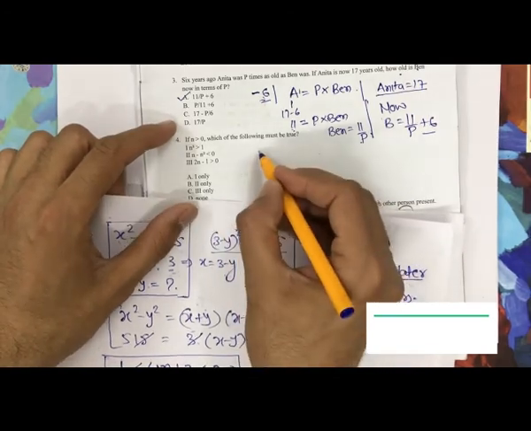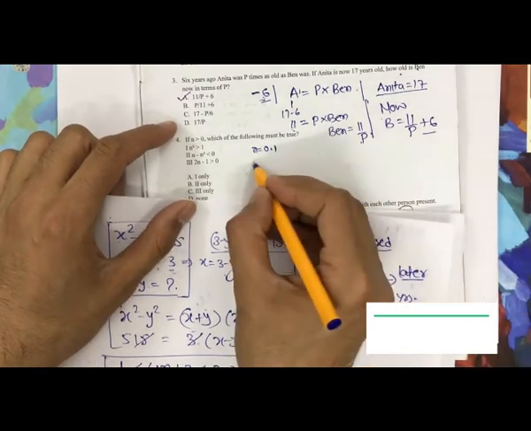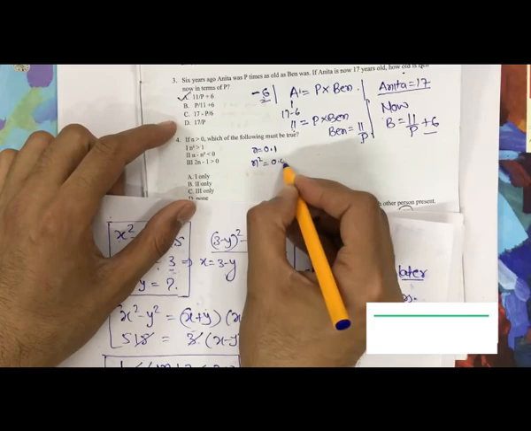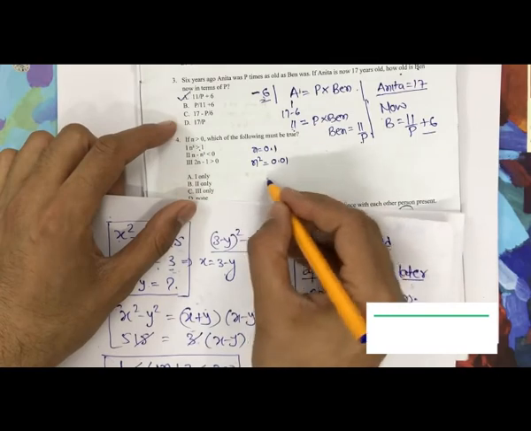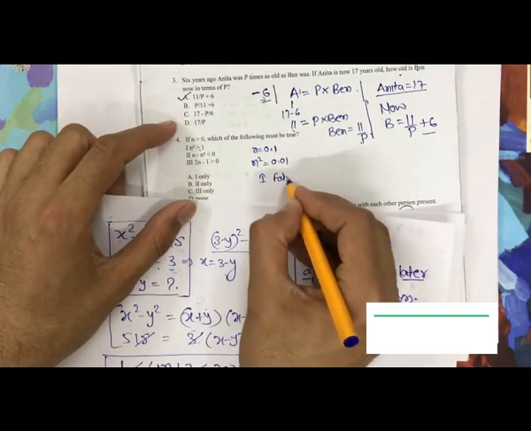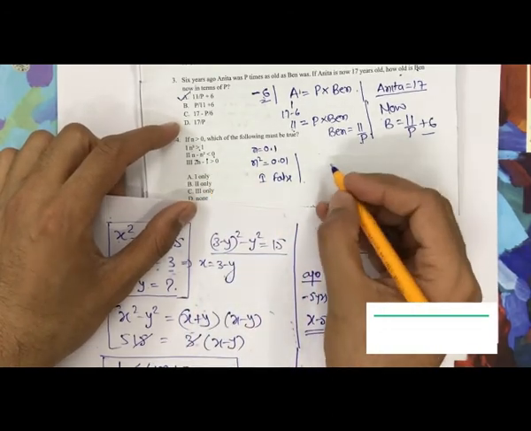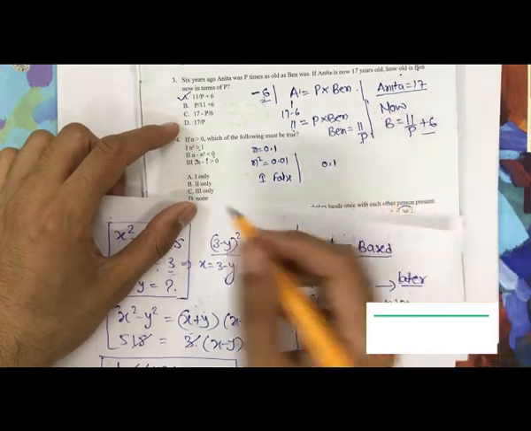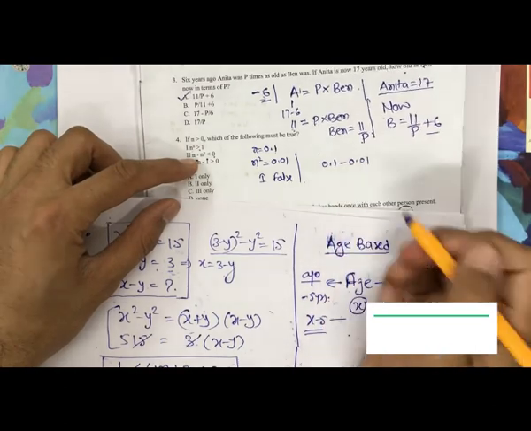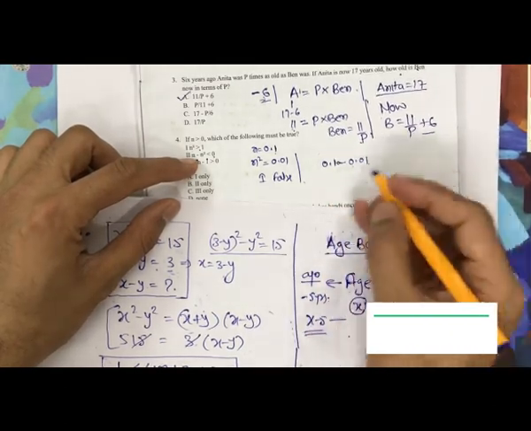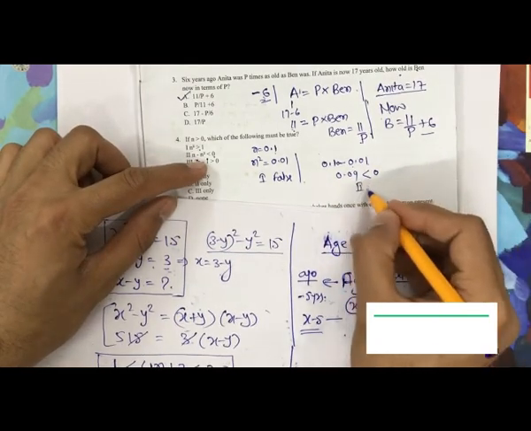अब n को सपोज करो हमने ले लिया 0.1, तो n² will be 0.01, 0.1 का स्क्वायर, तो is it more than 1? No, it is false, तो first is false। n - n² is less than 0। अब सपोज करो n आपने लिया था 0.1, और फिर आपने n² किया that is 0.01, तो it is 0.10 and it is 0.01, that will be 0.09। Is this less than 0? No, तो second is false।